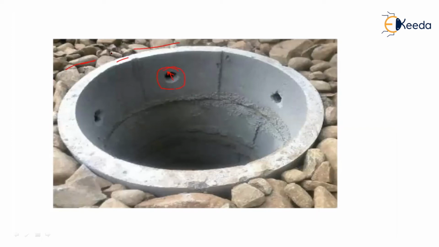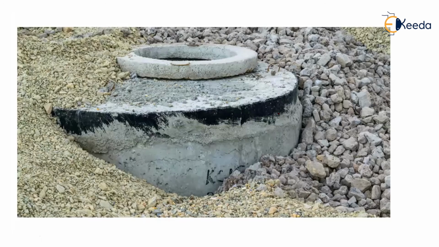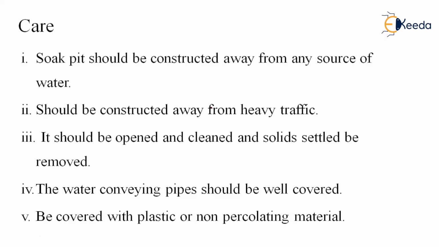So the next step is to cover the remaining place in that area. Then flush it off. Then put the lid here and cover it up in the best possible way. And it should be openable. After 2 to 3 years, it should be opened and we can clean everything. The thing I want to tell you here is that we want to flush it completely like this. We don't want any kind of open space to disturb or give vibrations to this tank. Flush it off with the material and that's it. Use it for years together.